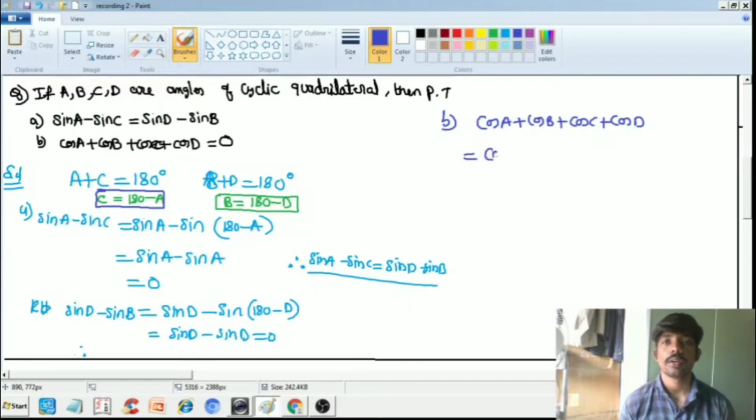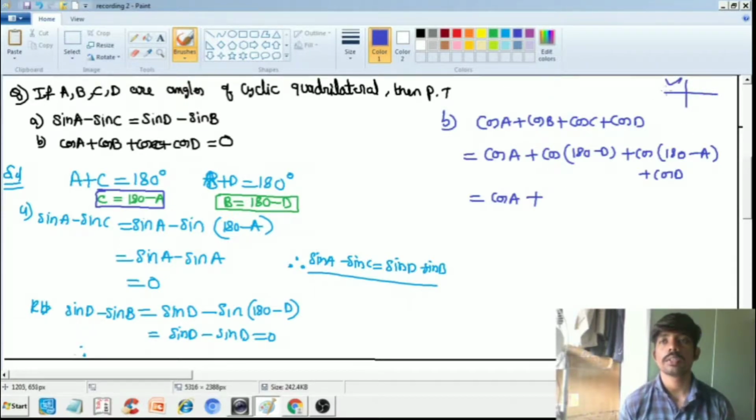LHS, consider cos A plus cos of, in the place of B, 180 minus D, plus cos of, in the place of C, 180 minus A, plus cos D. So, cos A, in the second quadrant, 180 minus theta is in the second quadrant where cos is negative. Here in the second quadrant, cos is negative. So, minus cos D